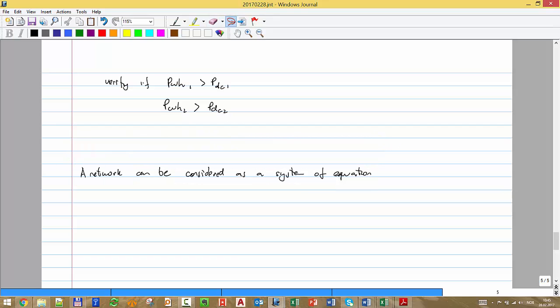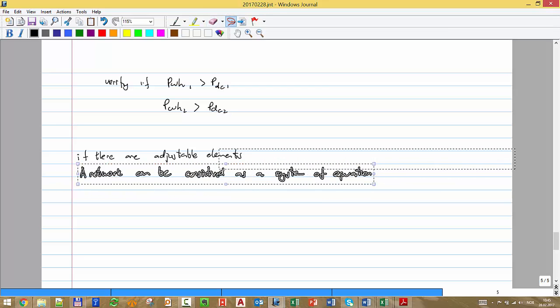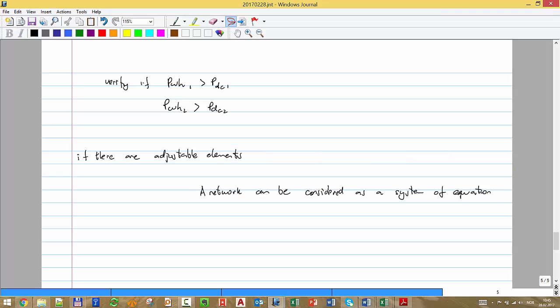Okay, if there are adjustable elements, a network can be considered as a function, okay, not a system of equation, but as a function